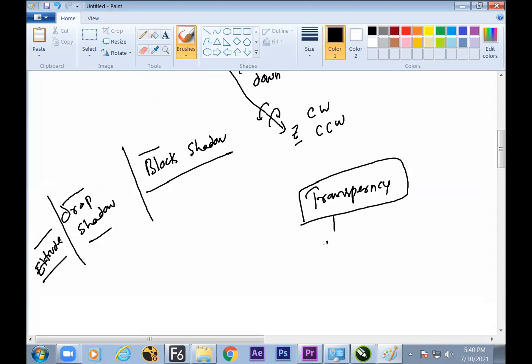We can make it uniform transparency, fountain. Fountain means gradient. I don't know why these technical terms are there, but we understand the things as gradient. Uniform, equal transparency.